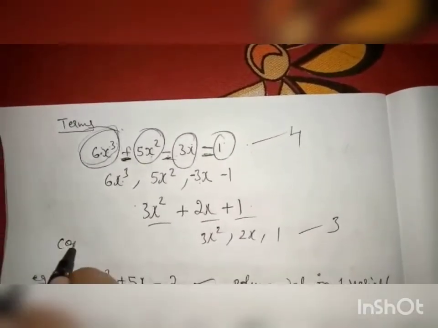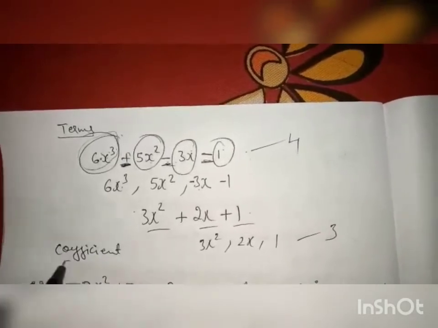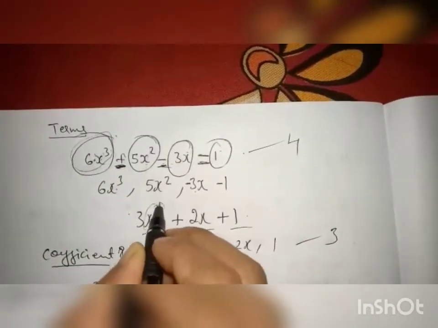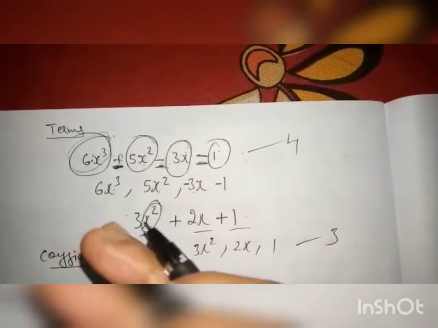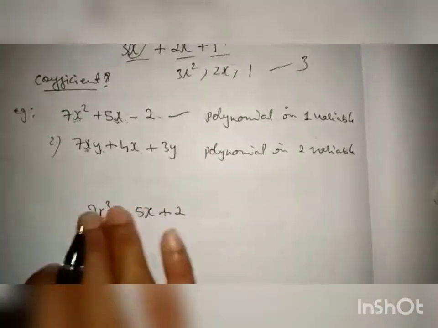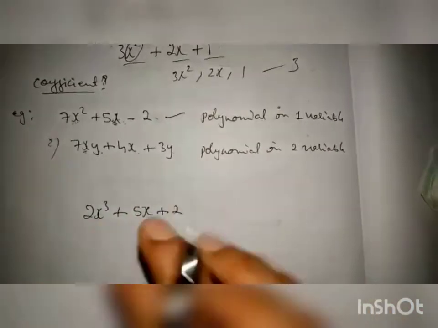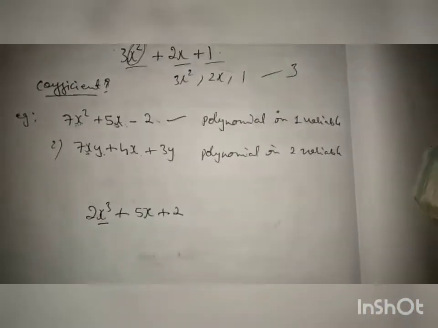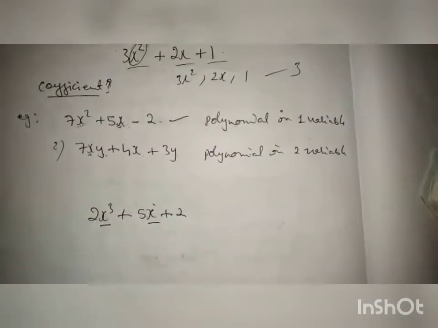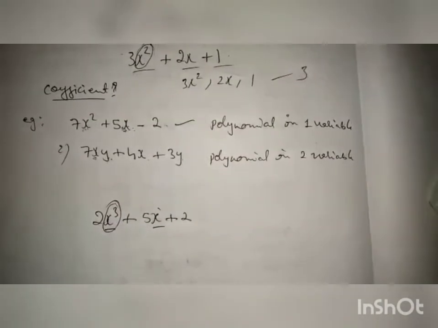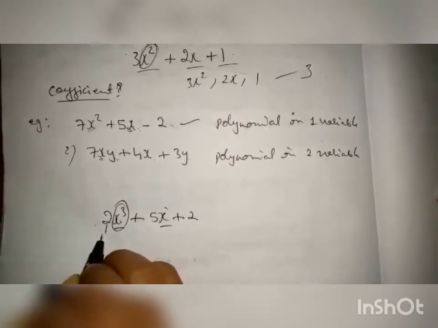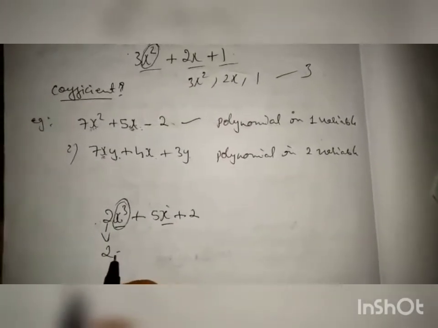Next, what do you mean by coefficient? Coefficient means these variables. They won't randomly ask what is the coefficient in this expression. They will ask coefficient of x cube or coefficient of x. According to the variable's power, if they ask the coefficient of x cube, the constant next to x cube becomes the coefficient. Understood?